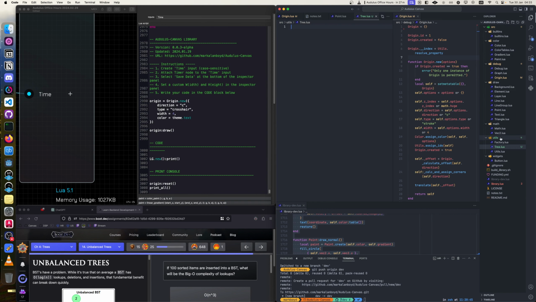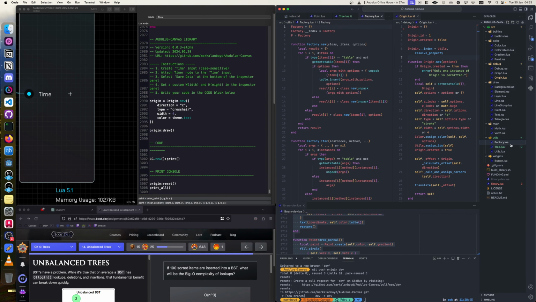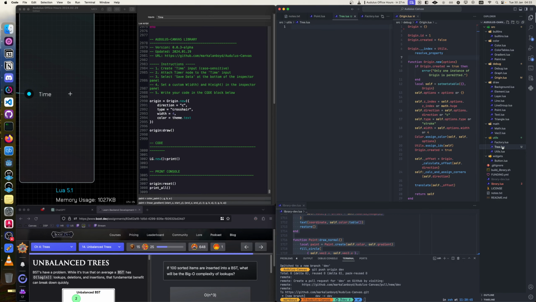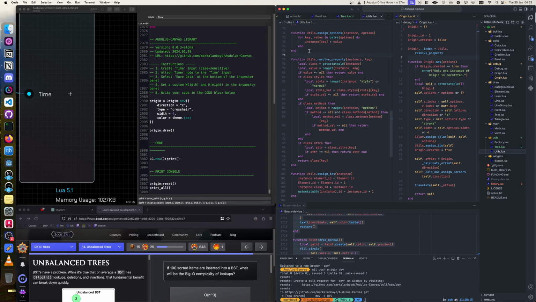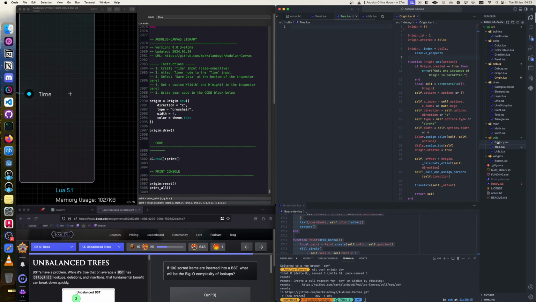I feel like it should have its own folder. Utility is sort of, again, this is a hard part of creating a library, like organizing the code conceptually, like a factory. It's like taking something in and putting it out. A utility is taking something in and putting it out. I think a tree,